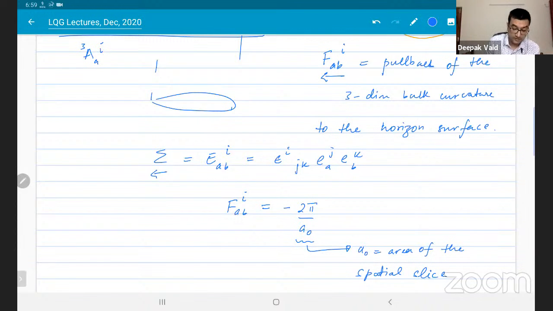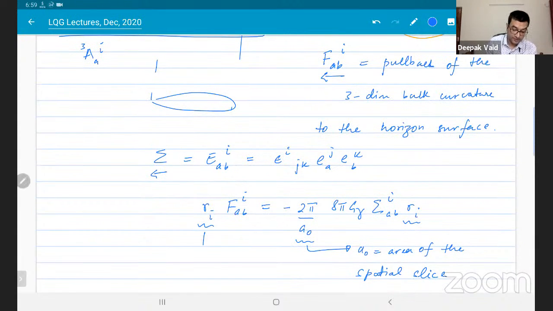And then you get some factor of 8 pi G gamma, and then you have something which looks like this. And there's also an Ri. I will explain what this Ri is in a second. And times Ri. Okay. So this Ri is a vector field that is defined on the surface, and it gauge